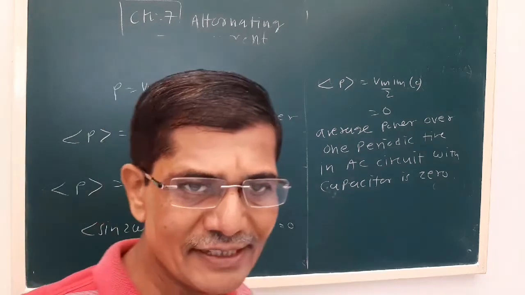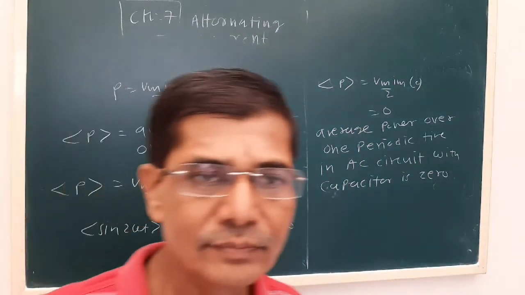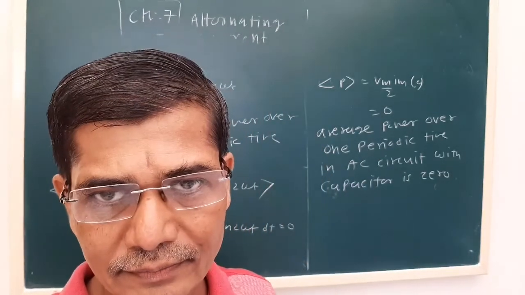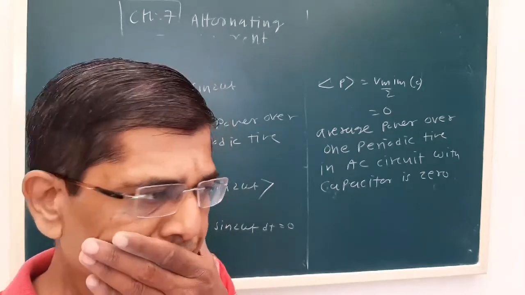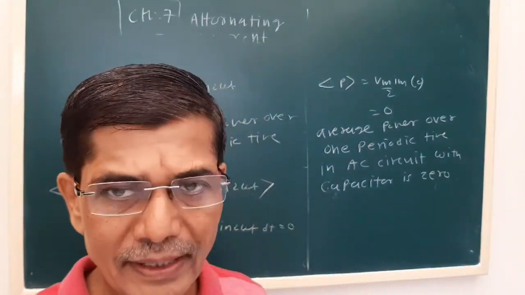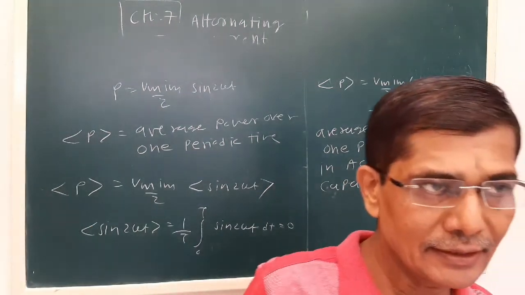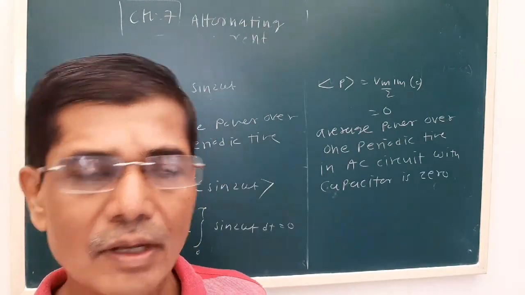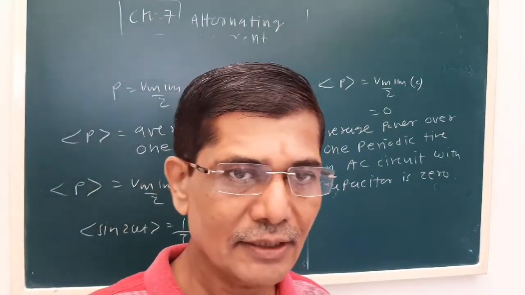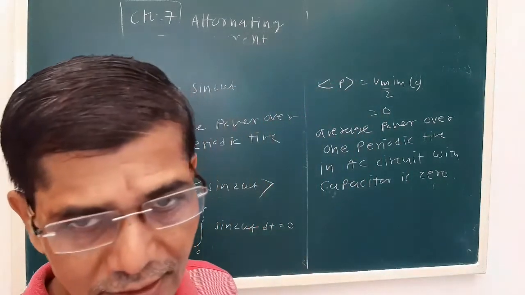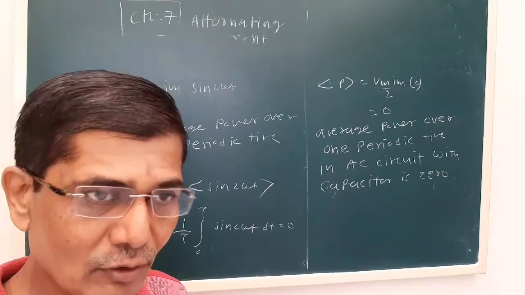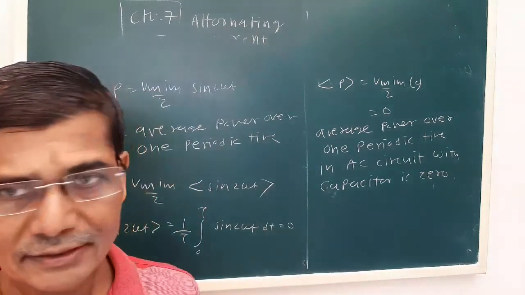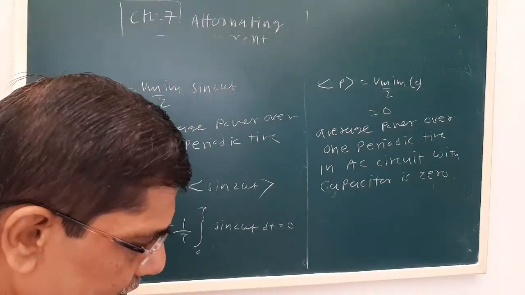Now see what is the interesting thing here. In an AC circuit with an inductor or capacitor, current will flow in the circuit, but the numerical value of the power in that circuit is 0. Such a current flowing in the circuit is called wattless current. So wattless current can be obtained in a circuit with only an inductor or only a capacitor. So this is very interesting about an AC circuit with only an inductor or a capacitor.